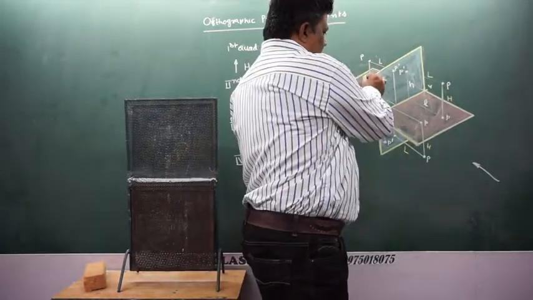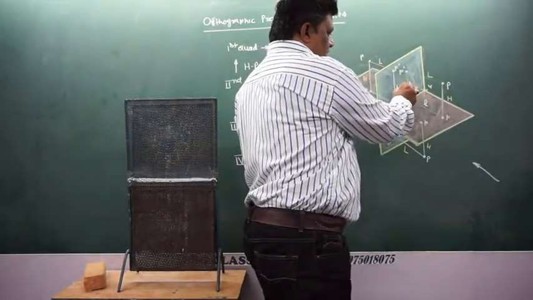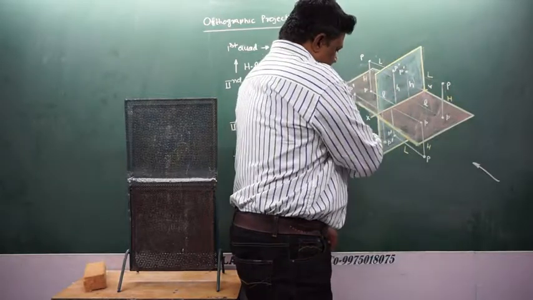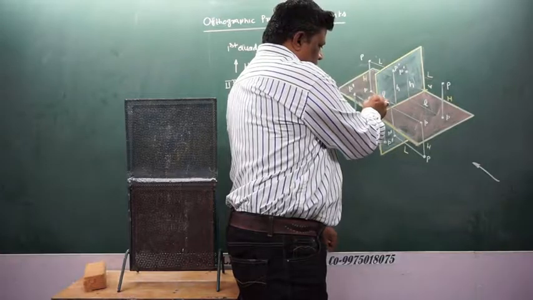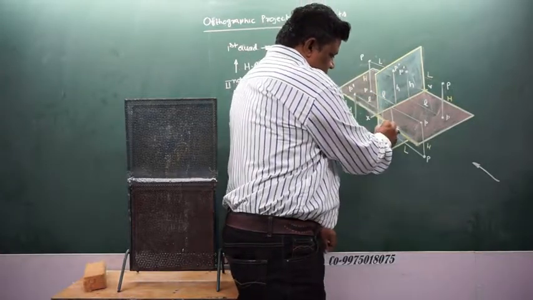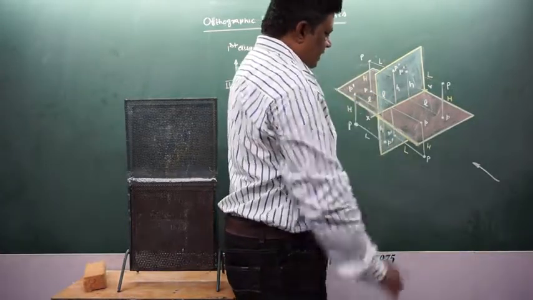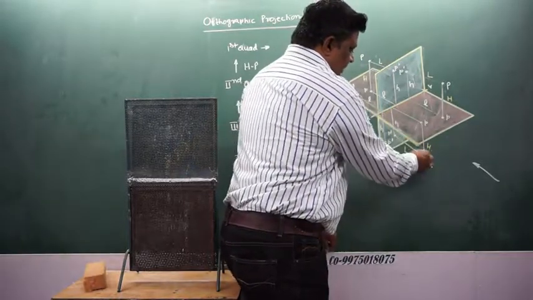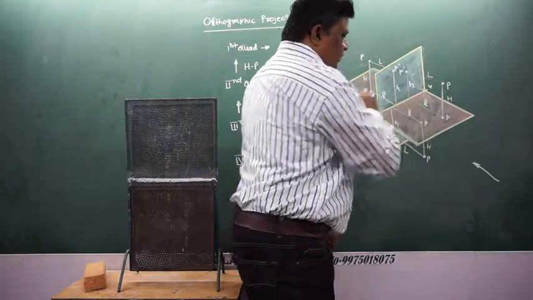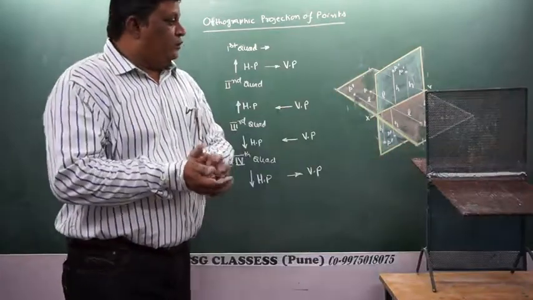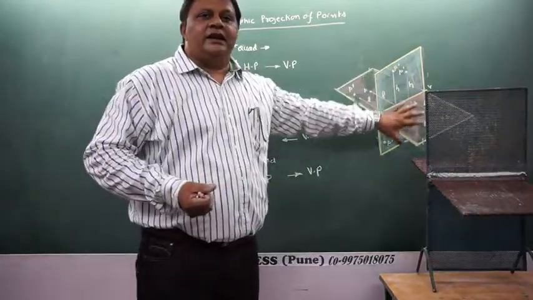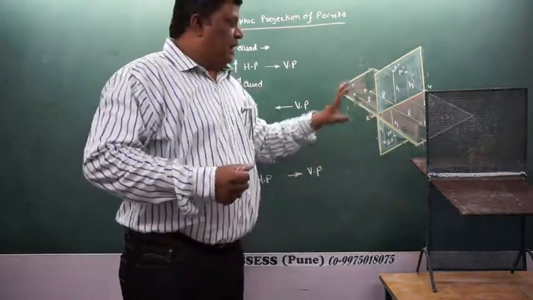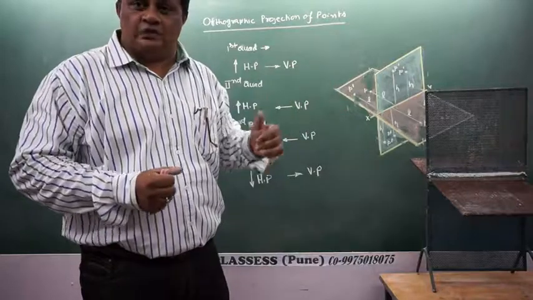Okay? Similarly, out here, this H will be seen to you out here. This L will be seen to you out here. And this H below HP will be seen out here. This H will be seen to you out here. This L will be seen to you out here. Now let us try to bring all these things into 2 dimensions and see where the distances go.